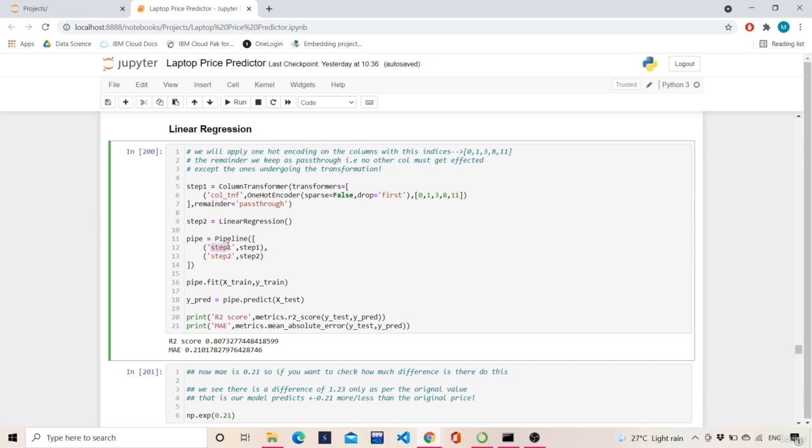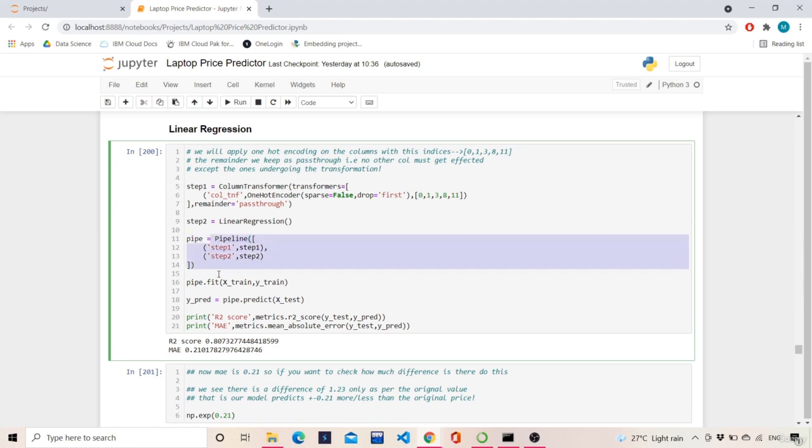Then the next label is step 2. Now we converted our categorical variables to numerical variables, and now we have to apply an algorithm, which is nothing but linear regression, to the converted numerical variables, or the entire data set. So that thing is labeled with what? Step 2.